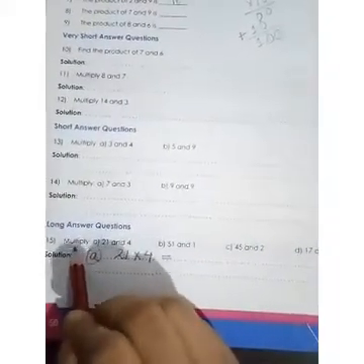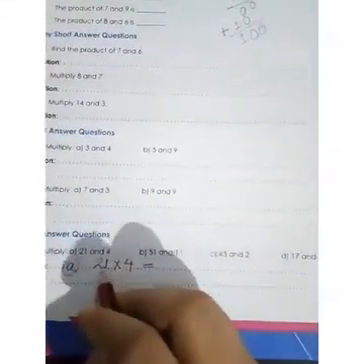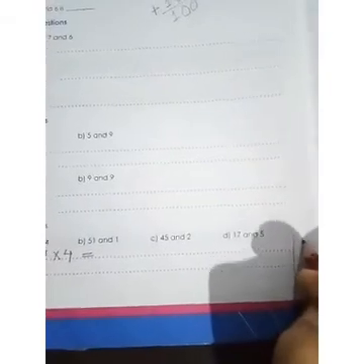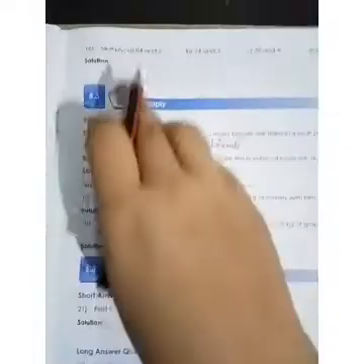The next question is multiply 21 into 4. So we have to multiply 21 into 4. If you have a problem multiplying horizontally, in the rough, on the side, you can do what? You take 21 into 4. So 4 ones are 4. 4 2s are 8. The answer will be 84. Similarly, do question numbers B, C and D by yourself. Here also, question number 16 you have to do yourself.